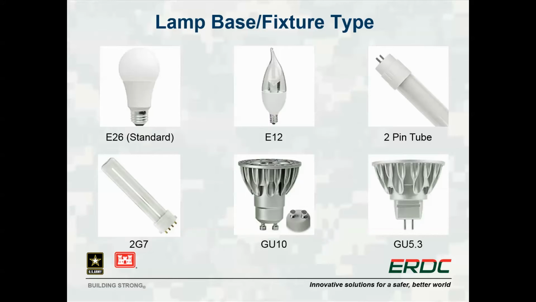This slide shows example lamps for each of the bases we just discussed. Here we are focusing on the base type, not the technology. Starting in the upper left, we have the E26 or Edison type, then the E12 or candelabra, next the 2-pin connection found on the tube lamps. We should note that the spacing of these 2 pins depends on the lamp type, but we will go into greater detail on this spacing in a couple minutes. On the bottom left, we see the compact fluorescent with the 4-pin 2G7 base, and then the 2-spot or directional